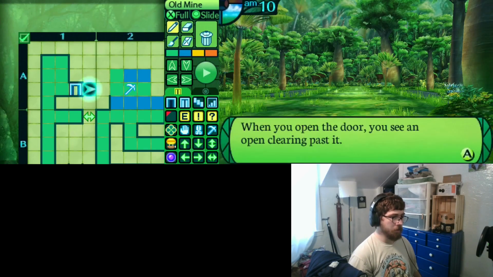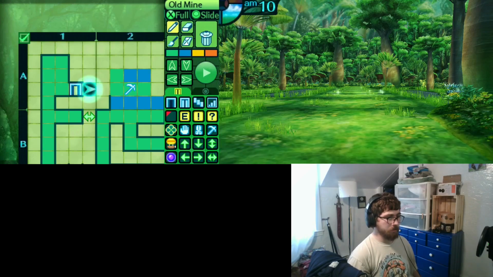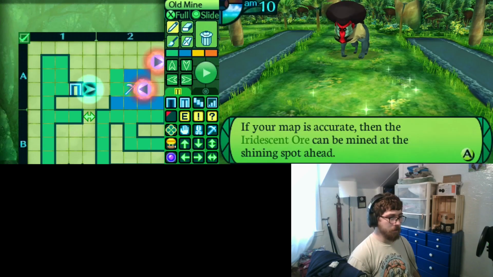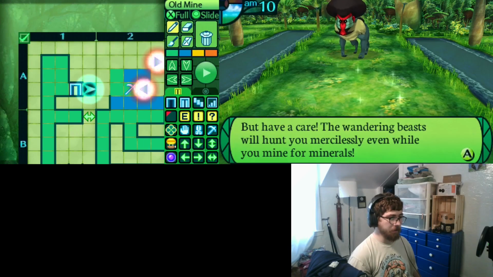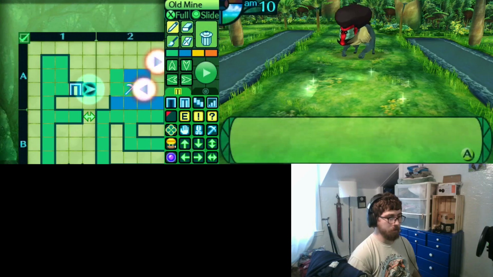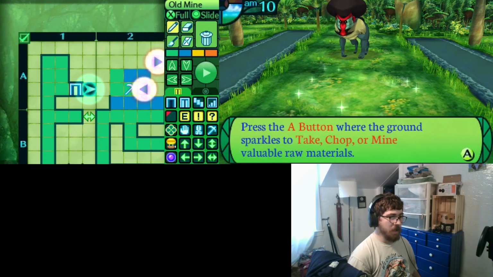Well, there's the iridescent ore. When you open the door, you see an open clearing past it. Oh dear. If your map is accurate, then the iridescent ore can be mined at the shining spot ahead. But have a care, the wandering beast will hunt you mercilessly even while you mine for minerals. Press the A button to charge your